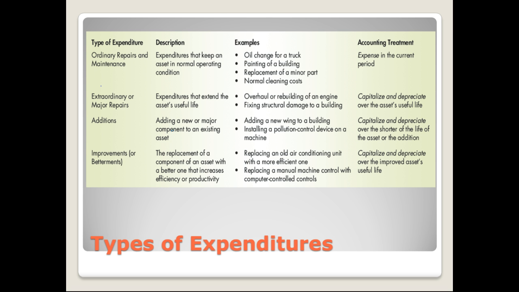Now, this chart in your book helps you understand some of the types of things you can do to an asset to determine whether it's a revenue expenditure or a capital expenditure. If it's a capital expenditure, again, we increase the value of the asset, which means now we're going to need to capitalize that new increase, so we'll have to depreciate it. This chart can be found on page